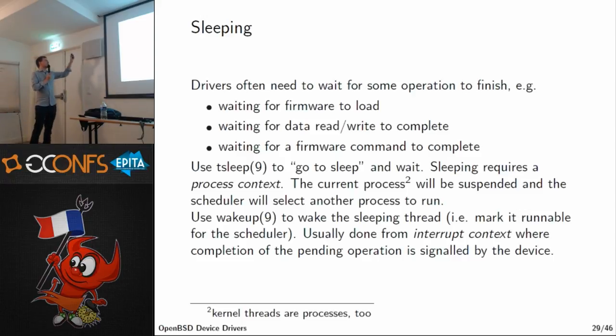There's a function called tsleep, which will make a thread go to sleep. And there's a function called wakeup, which will wake up a particular sleeper. The way they're identified is usually you have some pointer, like the pointer to your global state or the pointer to a variable in your global state, and you say, I sleep on that. And then the wakeup uses the same address to wake up that particular sleeper. That's how it's done. So it's pretty simple and works pretty nicely.